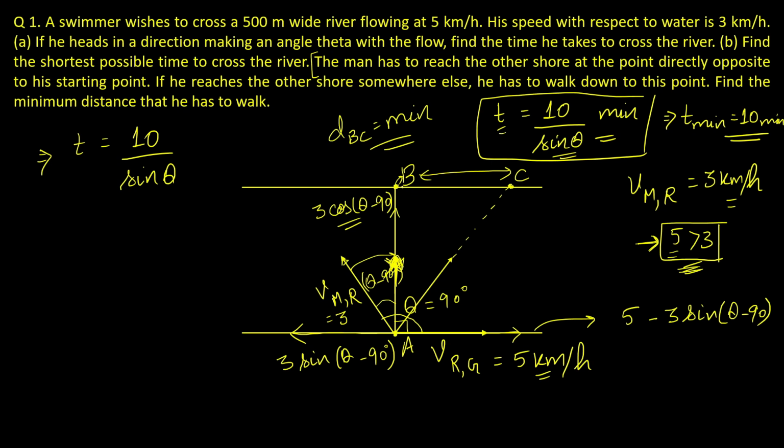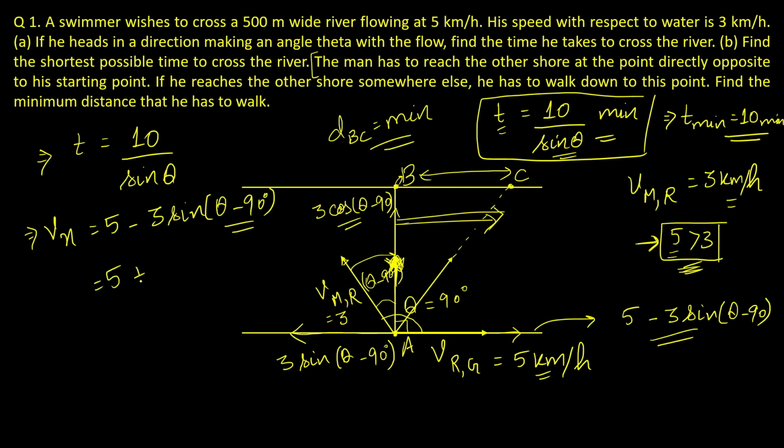Now for finding this distance BC, we need to take into consideration the velocity in the x direction, because that is only responsible for this swimmer to move in the horizontal direction. So just take this x direction velocity, which is 5 minus 3 sine of (theta minus 90 degrees). Now this theta minus 90, if I write it as 90 minus theta, then it will be a negative sign, and that negative and this negative will become positive, sine of (90 minus theta). And this sine of (90 minus theta) can be written as cos theta,